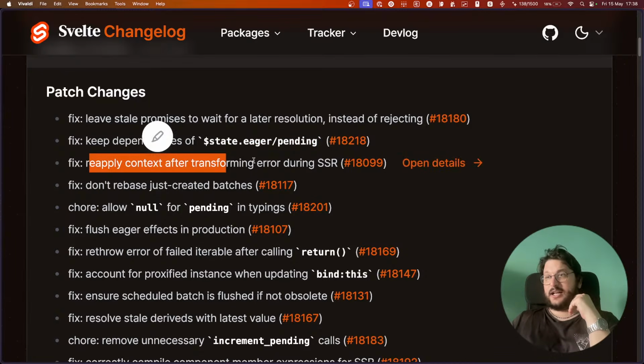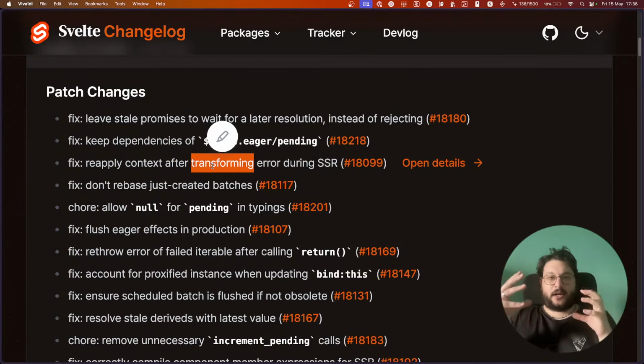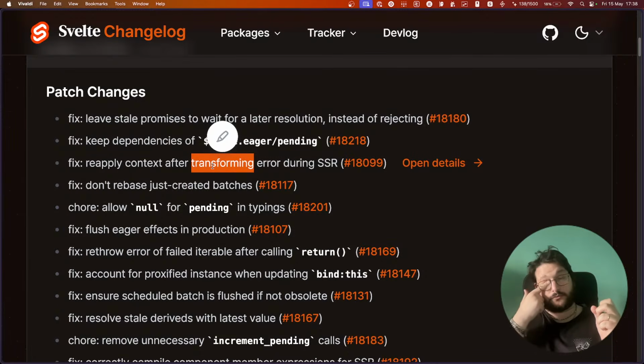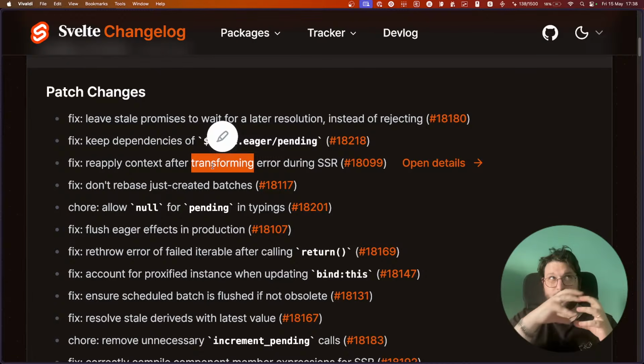Reapply context after transforming error during SSR. So basically the point was during SSR you can define a transform error, which basically means that if any of the boundaries inside your Svelte code throws, you get an error, and you can transform that error, and that error is then passed to the boundary.